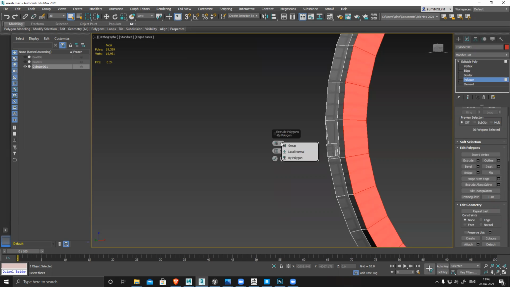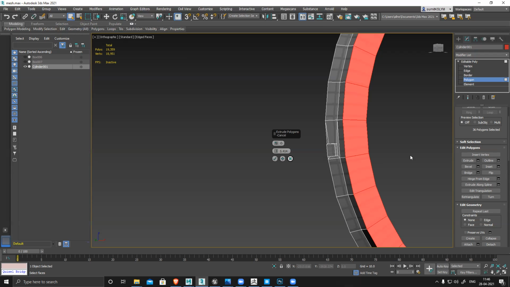That option I cannot see. So by polygon itself does that, sir. That's what is not working here. This morning I tried it, and it's not working. Maybe some issue with my software itself. I'm using 2021, I am not sure. So if you do this, it creates that distance, that gap basically. So that gap is not there. So try it out in your software. If it works perfectly, then it's fine, and you can create this thing super easily.